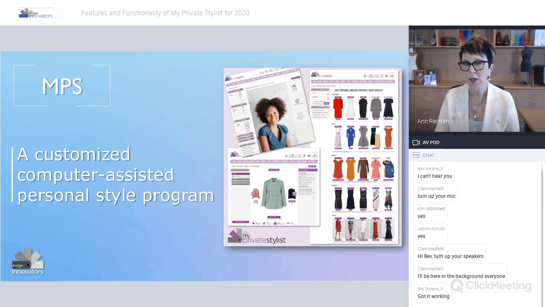So all we're giving you is the foundation information, the foundation results, and then from that you are going to make it suit your client. And I also did it this way because I appreciate that some people have been trained by other trainers who have slightly different ideas. And probably the most important thing is the fact that My Private Stylist gets used by people who are not the